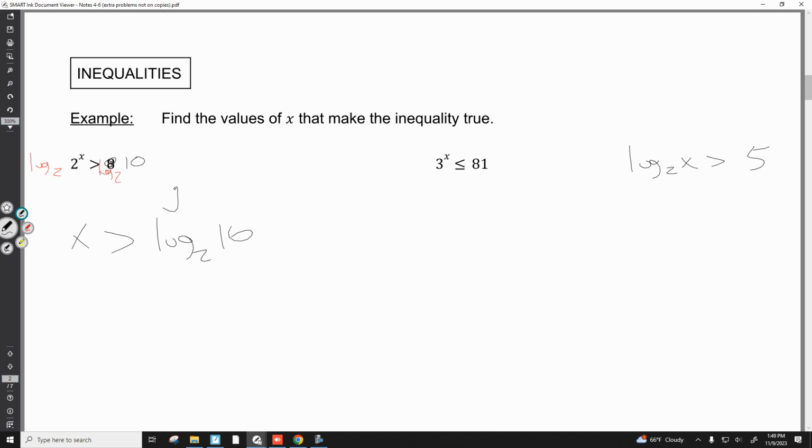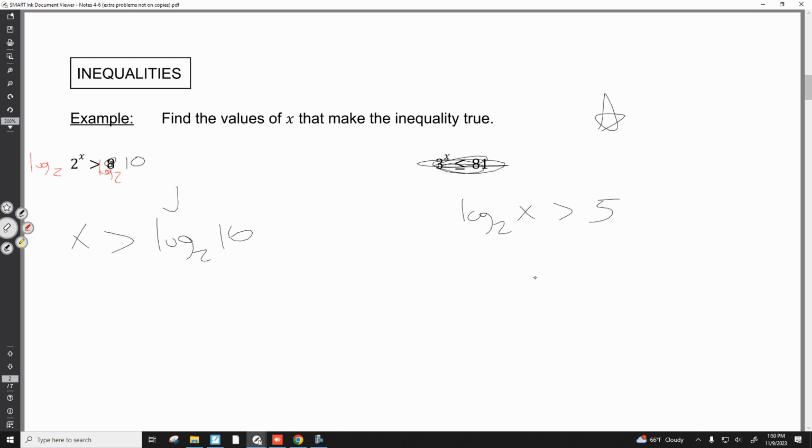For example, this guy over here, let's just erase this guy, replace it with this guy. Log base 2 of x is greater than 5. I'll move it over. Log base 2 of x is greater than 5, or less than 5, I don't care. Okay. If you are one of those students who kind of my algebra 2 teacher taught me that we got x and 2 to the 5th, and it's great. If this was an equation, you're correct. But it's not an equation, it's an inequality,